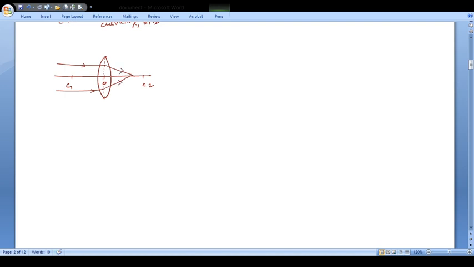Now see students, this is a much detailed theory, right, which you will be seeing in the higher classes. So यहाँ के लिए अभी बस यही देखो कि it is going to get, since it's a convex lens, it is going to get converged, and therefore you will find that this point here where it is converging is known as principal focus. So here you have, this is what is known as principal focus.